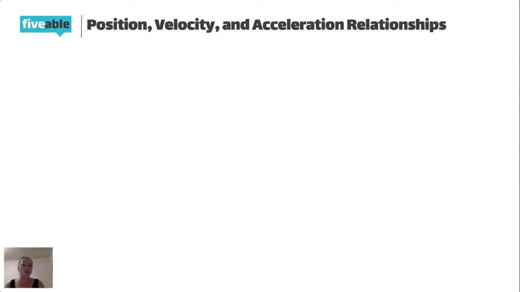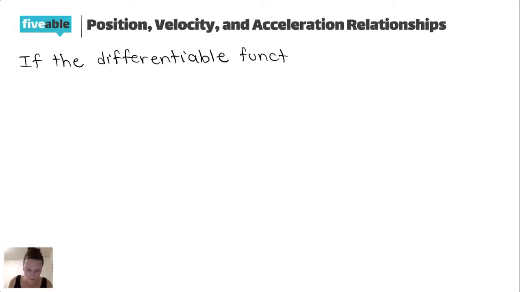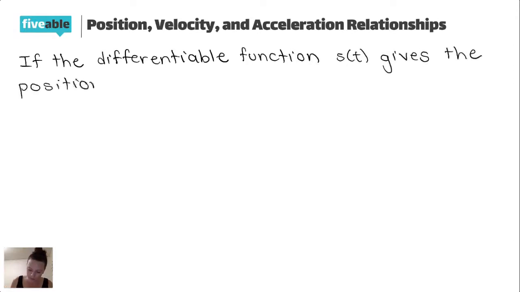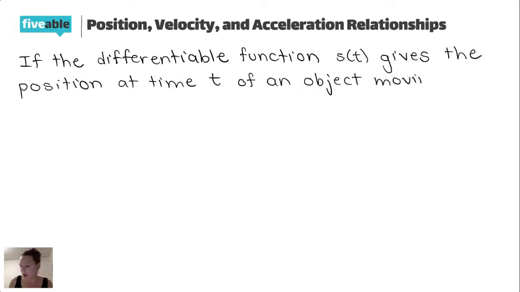All right. So when we talk about the relationship between position, velocity, and acceleration, let's first start by saying that we have the function s of t, which is a differentiable function. That's going to be our position function at time t of an object moving along a line. So let's define that. If the differentiable function s of t gives the position at time t of an object moving along a line,